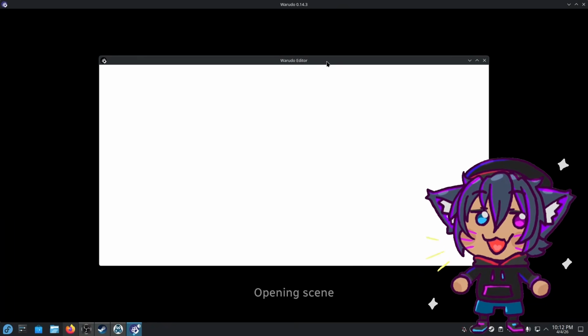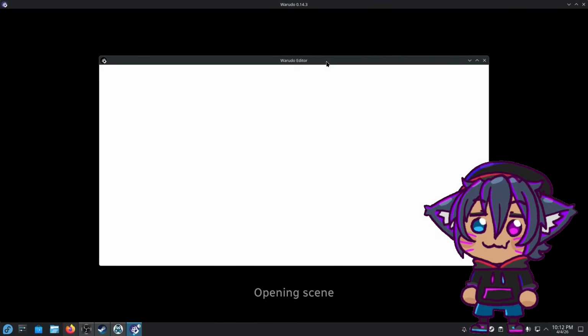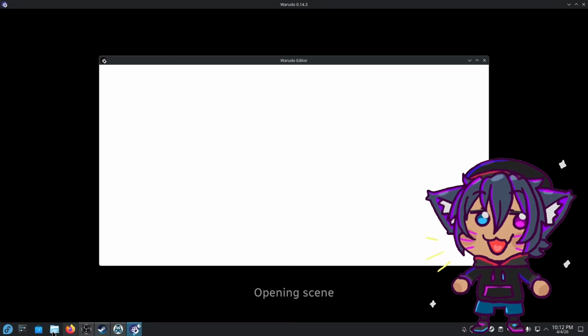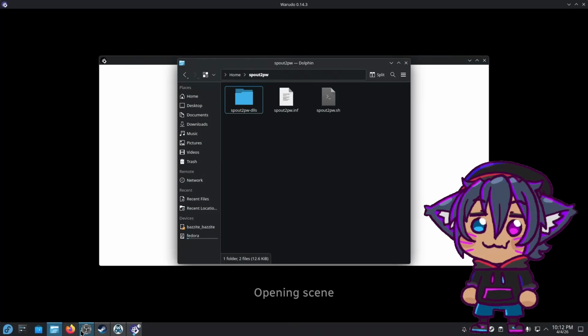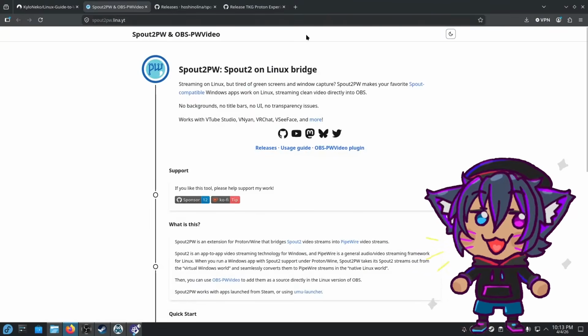But this is going to prevent a memory leak. It's also going to make it to where you can use the Warudo editor. Now, there are multiple ways for you to do capture. And if you're going to end up capturing,